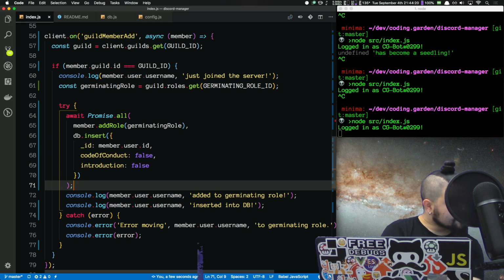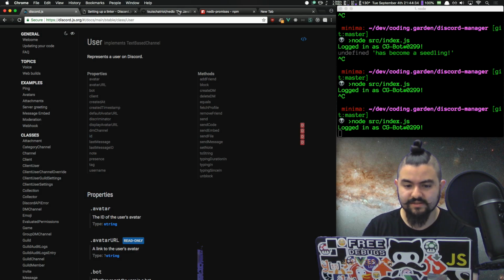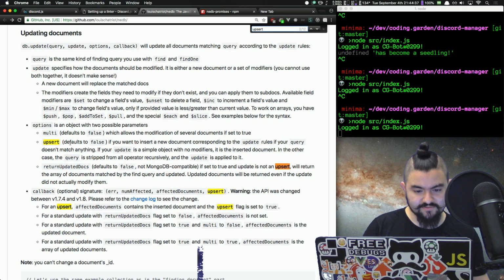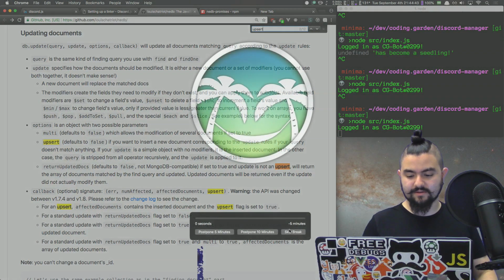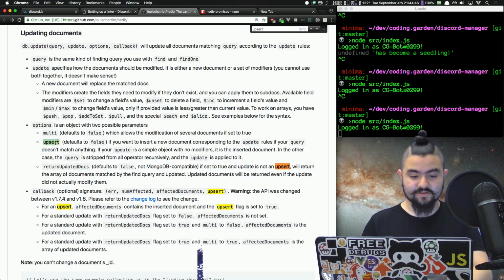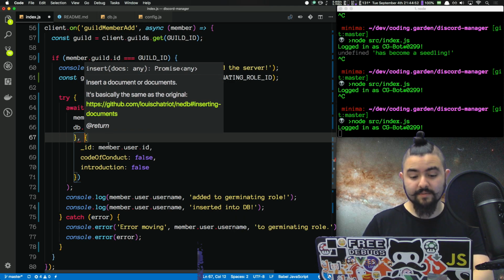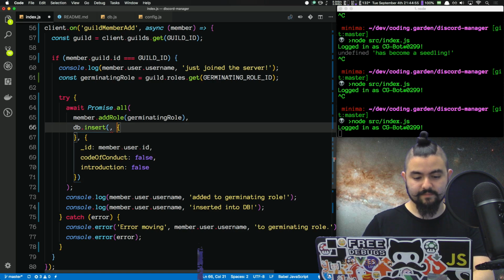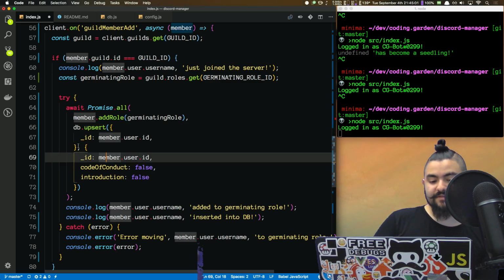And then there may be issues with duplicate entries in the DB if a Germinator leaves and rejoins. Yeah, actually, I might be able to do an upsert. Let's see if the upsert function exists. Upsert defaults to false. If you want to insert a new document corresponding to the update rules, if your query doesn't match anything. Yeah, let's use upsert instead. So we'll do upsert, and because an upsert is like a combined insert and update. So if it finds,